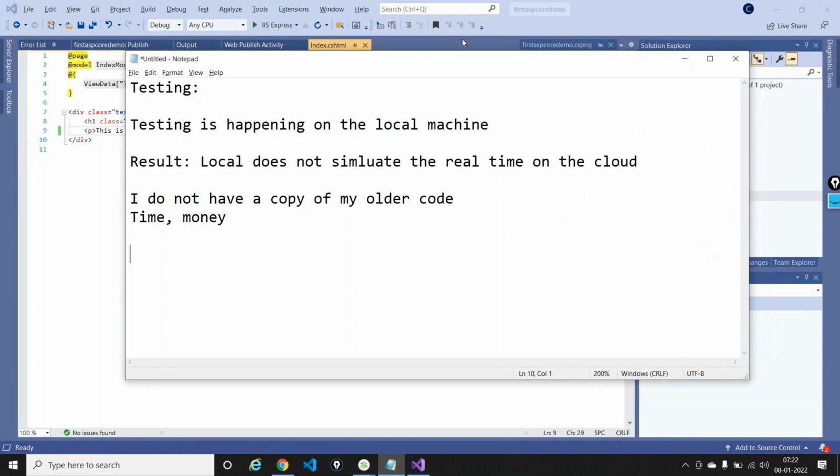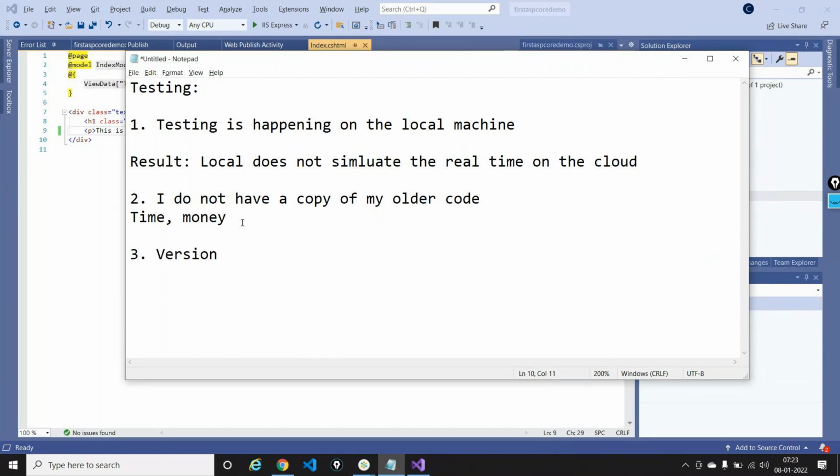The third issue that is happening out here. So this is issue one, the testing; let's address each thing one at a time. This is issue two: I don't have an old copy of my code. This is issue three: whenever I'm doing a version upgrade or a downgrade, my application is getting restarted, meaning I have a downtime. Now it's a very simple application. This is taking about a minute to restart.